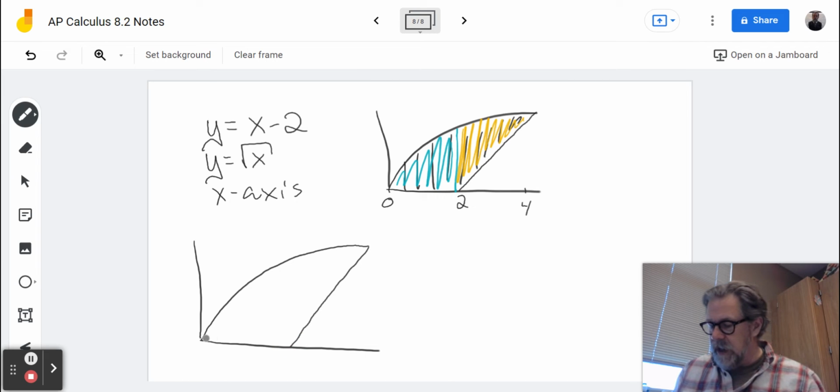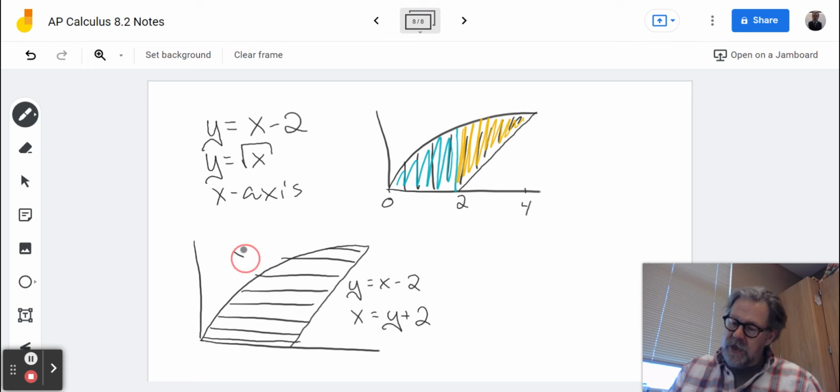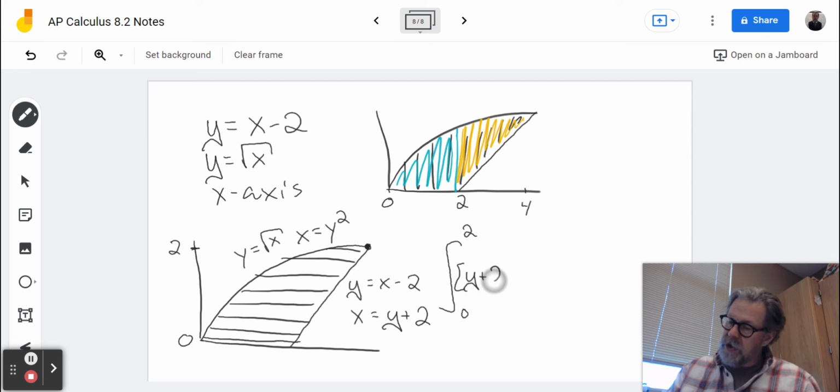Notice that if I do it in terms of y, I only need one integral. This is y equals x minus 2, which means that x is equal to y plus 2. This is y equals square root of x, which means that x is equal to y squared. And this right here is the point 4, 2. Which means that my area is now the integral from 0 to 2 of y plus 2 minus y squared dy,